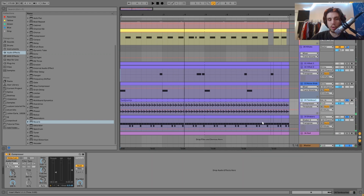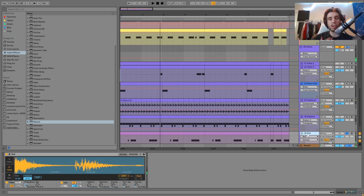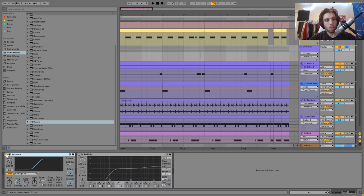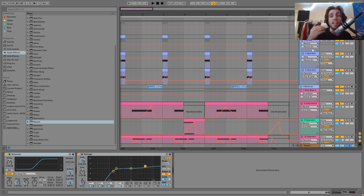So yeah, just your standard tambourine and shaker stuff, just doing that steady. We've got the tambourine for the high end, and the shaker for the mid-range, and then we just have this roll. So this is your standard roll from a breakbeat like you would have in drum and bass. And then on the group of these, we just have a bit of saturation and some EQs. So without that, and with it, you can hear it's just tying it all together. And yeah, so that is going to be it for the hi-hats, and that's also going to be it for